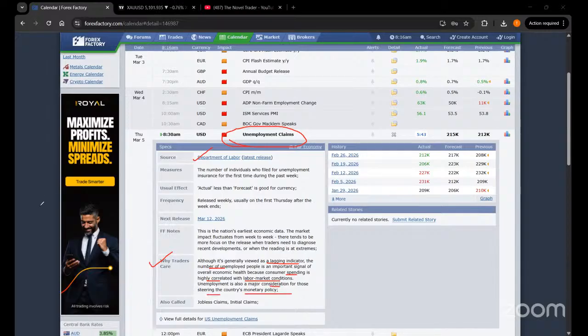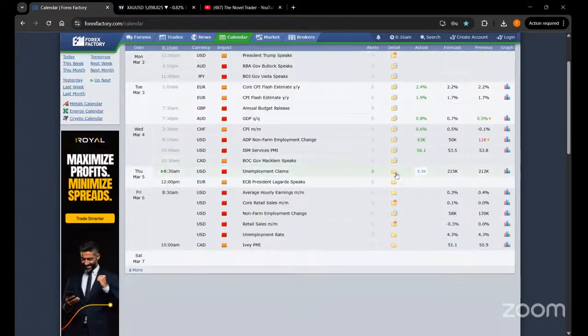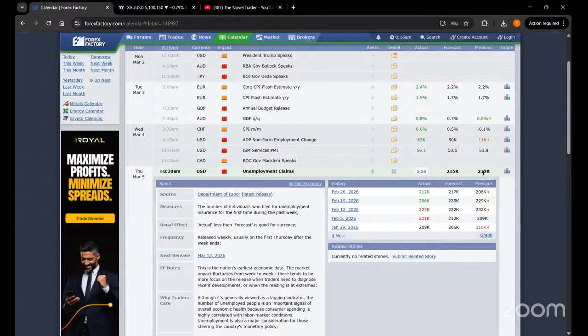So what we are looking at, in layman's language, is that as soon as the unemployment claims data is released in the market, you will see that it is highly correlated with the price of the gold. Because if the unemployment goes up in the economy, then the dollar value goes down. Okay, guys. So what you have to understand fundamentally is that if the unemployment claims are more than expected,